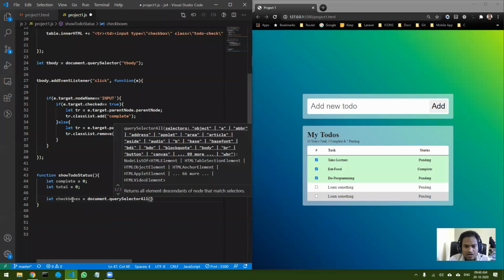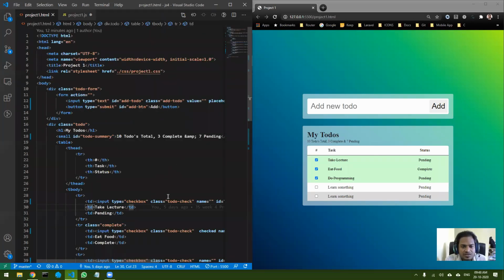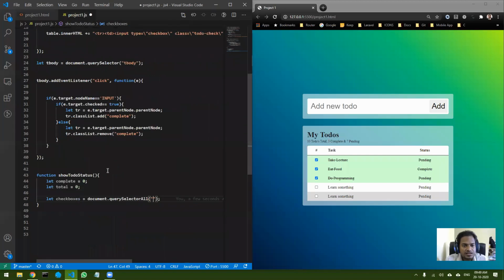In querySelectorAll, I need to specify the class. Have I given any class to the checkbox? Yeah, I have given a class, so I can use that. So I can do .todo-check. This will give me all the checkboxes.